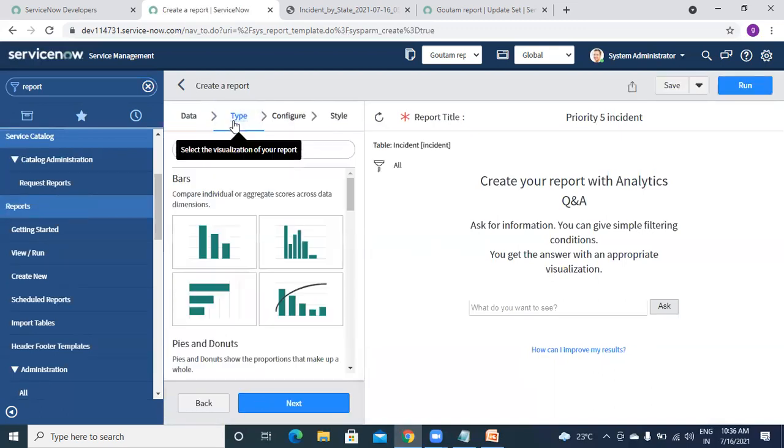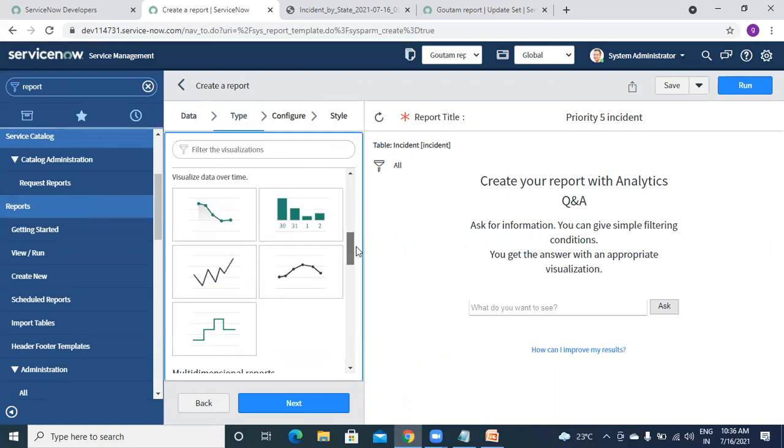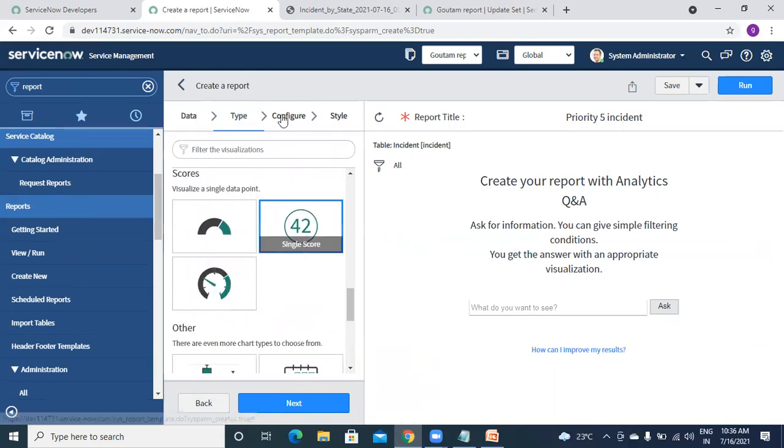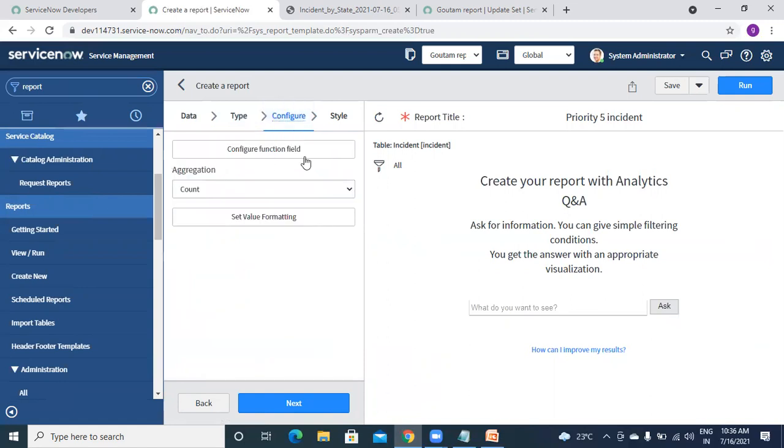In type, I have to select something at the bottom, just count, like single score. So it will show just a number. I'm not giving anything else here, just count. And for now, I'm just running that.